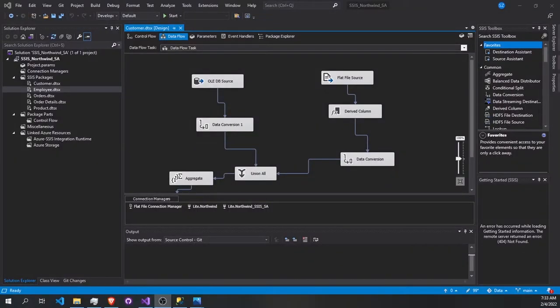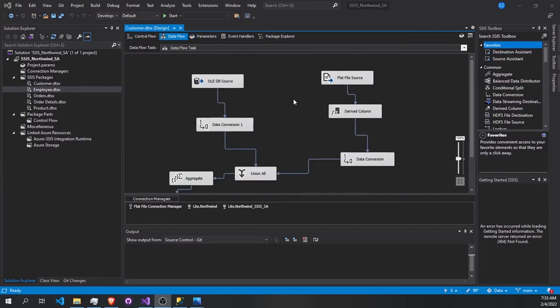Hello everyone. So in this video, we are going to see the order packages. The order tables like employee orders and order details and projects. And for those packages, we are going to see the process in kind of a fast way, because as I mentioned before, we are going to apply the same process as we did in our